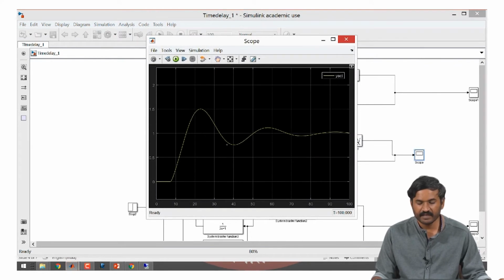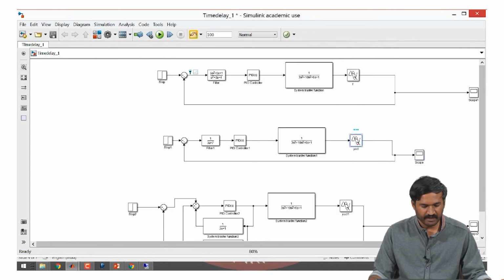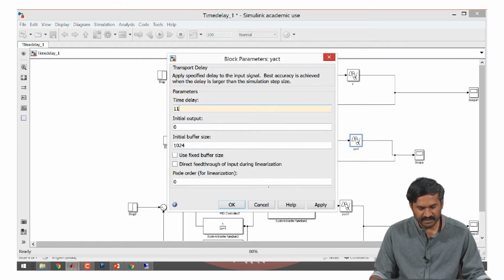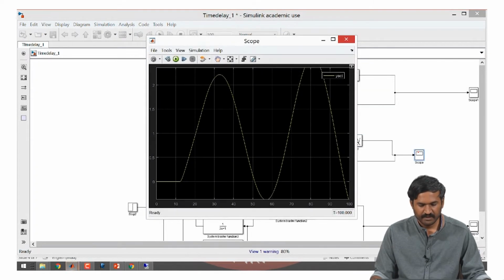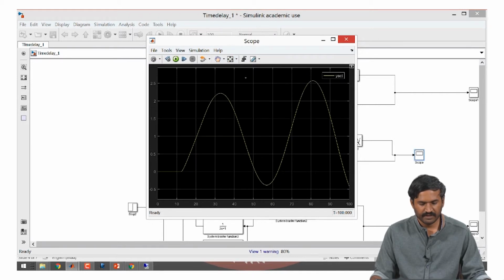So, it is way better than when it is 10 seconds, and let us look at 11 also, so that we convince ourselves that after 10 the process starts to become unstable. Now you can see that there is an oscillation which is of increasing magnitude. So this is diverging, because of that the process is unstable now.